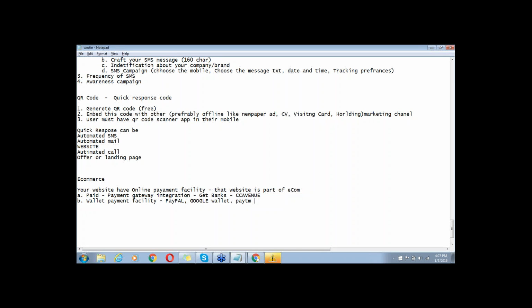You will go to your website, and in the code section you will embed that code wherever you want that payment button to appear. When someone clicks on that button and does the payment, it will go to that wallet provider. The payment will not come to your bank account. Let's suppose you have used PayPal wallet, then the payment will go to PayPal, and once PayPal receives the payment, you can withdraw it into your bank account from PayPal. But in the payment gateway system, payment is directly coming to your bank account.